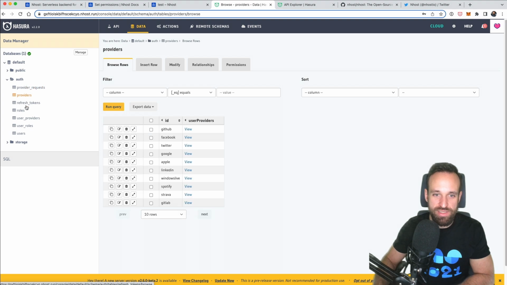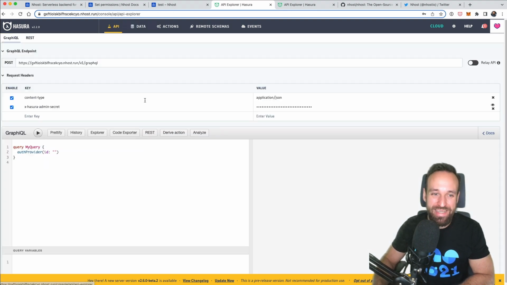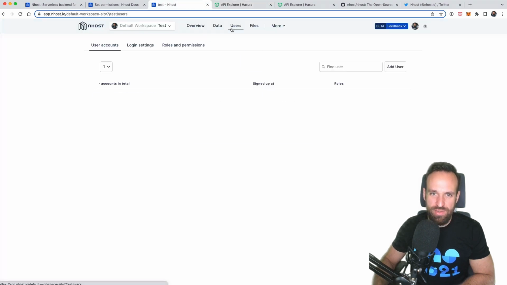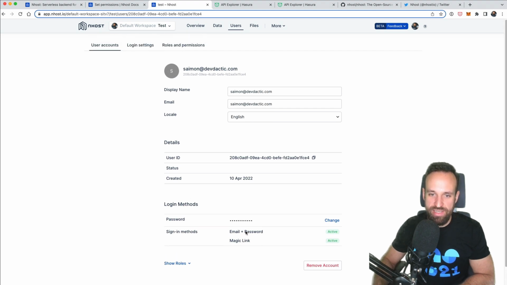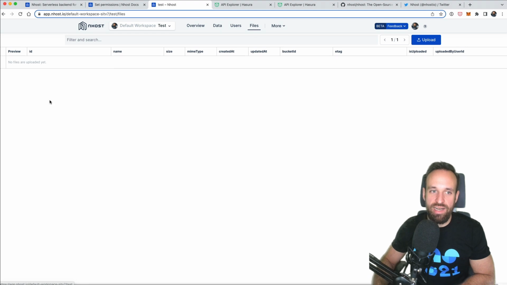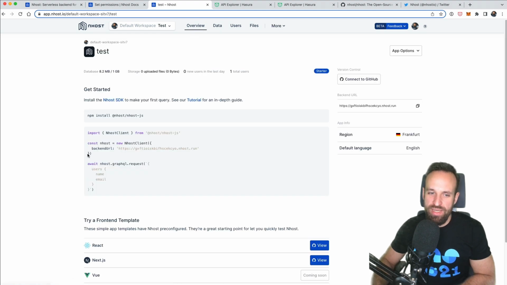But I can only see this. It pretty much looks a bit like MySQL clients or phpMyAdmin or whatever it was in the past, but of course for our GraphQL database. Besides that, of course, we got the user management here where we can set up everything. We got also sign-in methods like the magic link. We got the file storage, so everything. We also got functions, of course, which you can directly deploy from your GitHub repository. So everything in here also looks pretty stable and good.